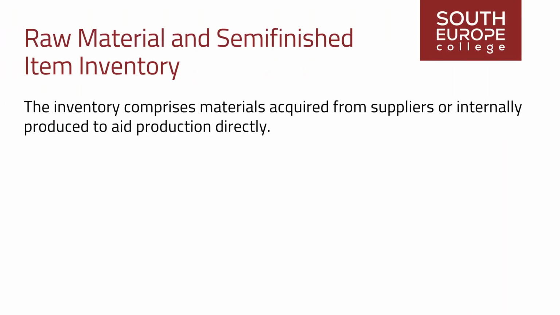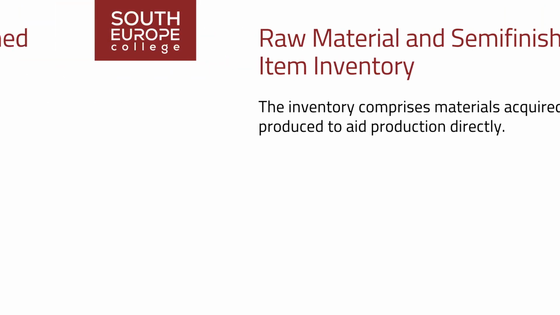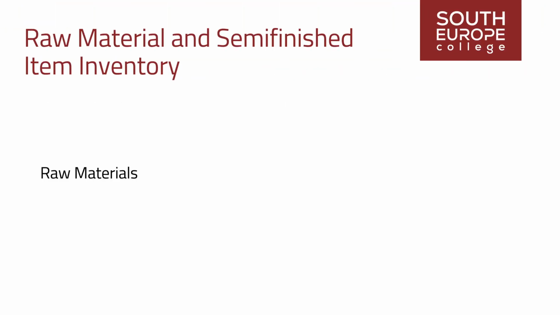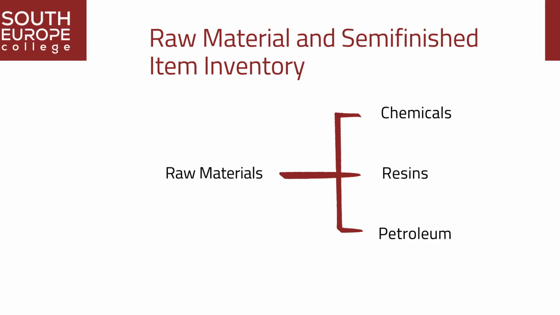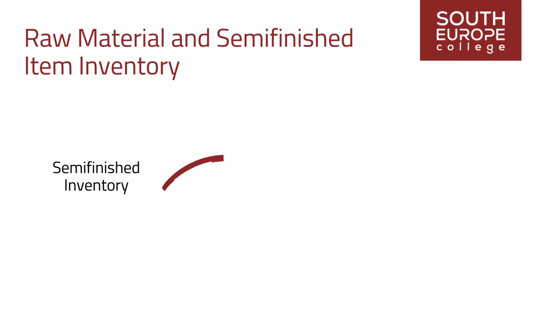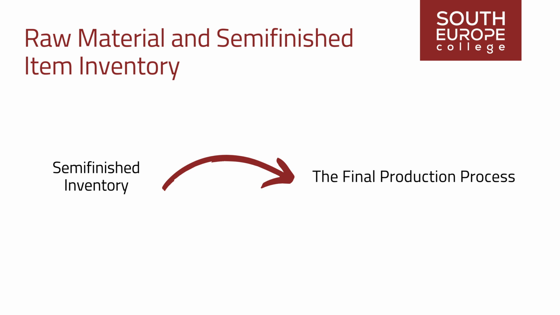This inventory comprises materials acquired from suppliers or internally produced to aid production directly. Raw materials, bought in bulk or unfinished, encompass chemicals, resins, or petroleum. Semi-finished inventory includes components used in the final production process. Producers depend on raw materials or semi-finished inventory to meet production needs, which are managed mainly by purchasing, materials planning,